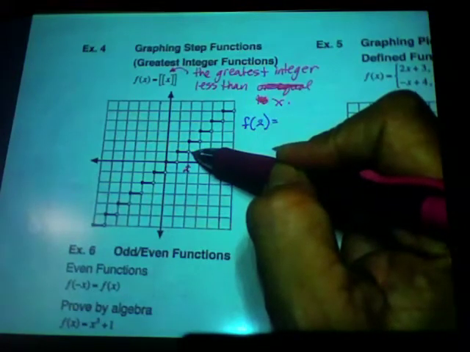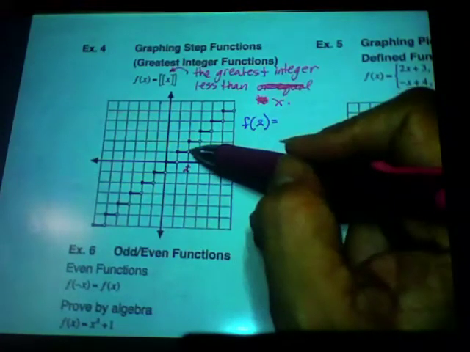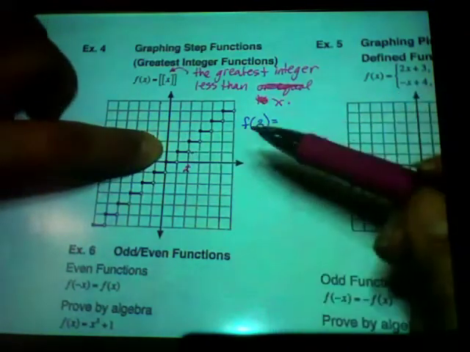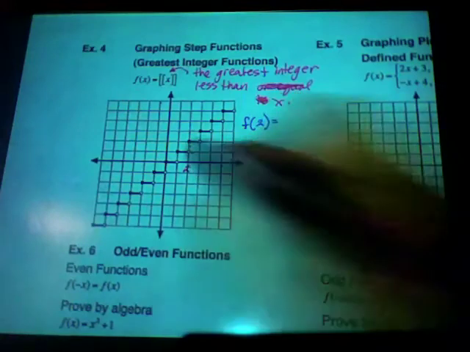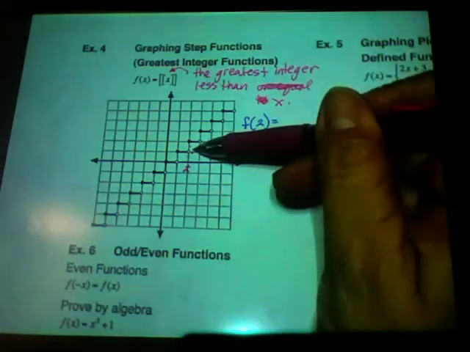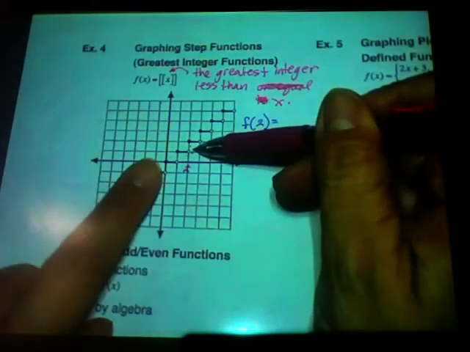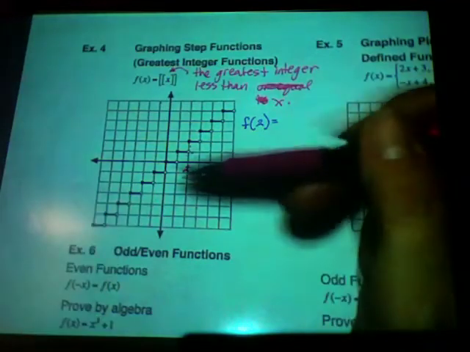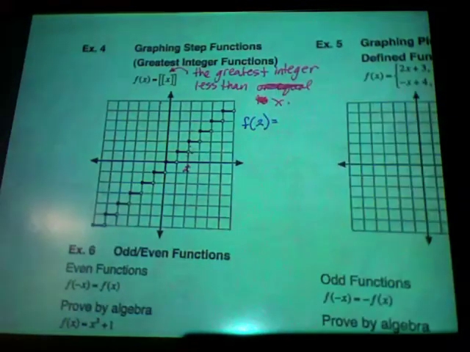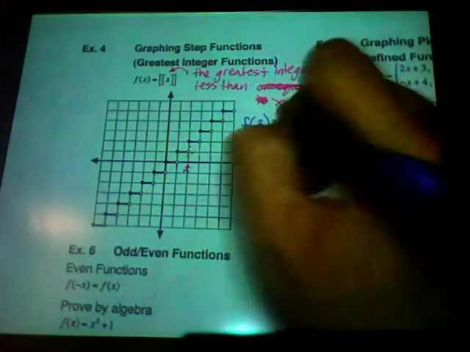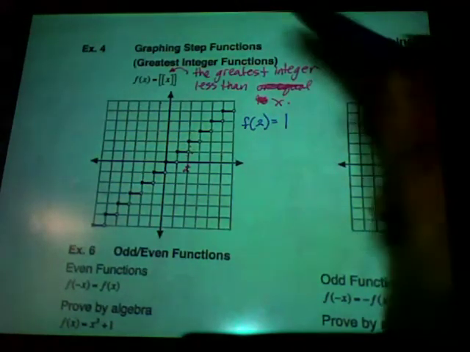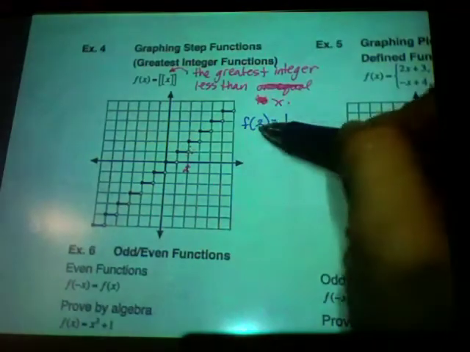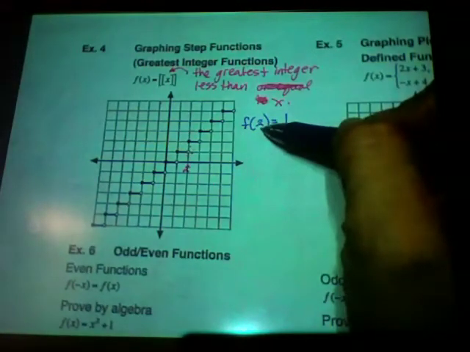What does that mean? Can 2 be an answer? Oh wait, what does it say here? What's this ordered pair right here? Where that open circle is. Where's that ordered pair? 2. X is 2, what's y? 1. So the output is 1. When the input is 2, the output is 1. So the greatest integer that's less than x, and in this case x is 2, the greatest integer that's less